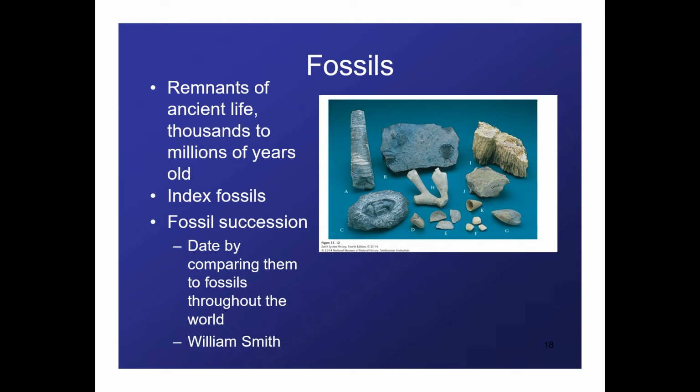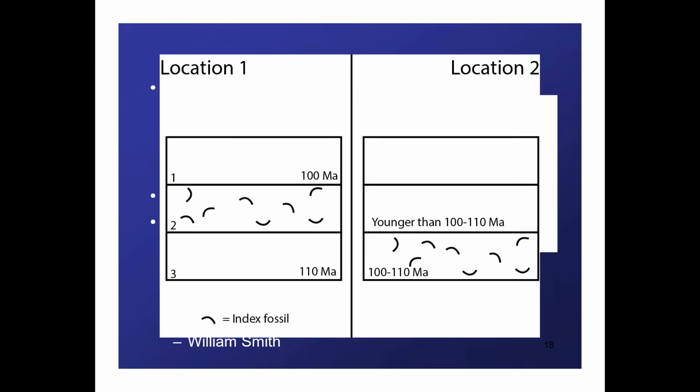fossils capture life forms that only existed for a very short period of time. But if those very short existences were widespread all over the world, these fossils can be used as index fossils. And index fossils allow us to know a relative time of when the rock that contains that index fossil was deposited. So if there's a layer of rocks, we'll call them 1, 2, and 3, 3 being on the bottom, 1 being on the top, and we know the ages of 1 and 3, and we find an index fossil in number 2, then we know that it has to be between the ages of 1